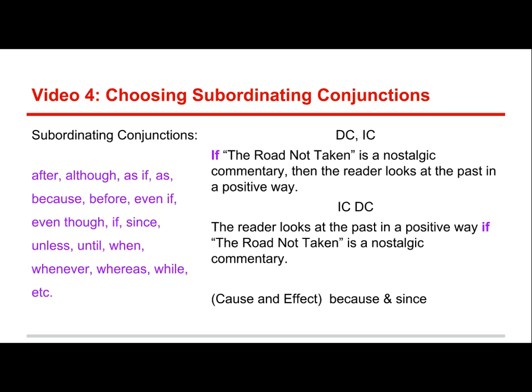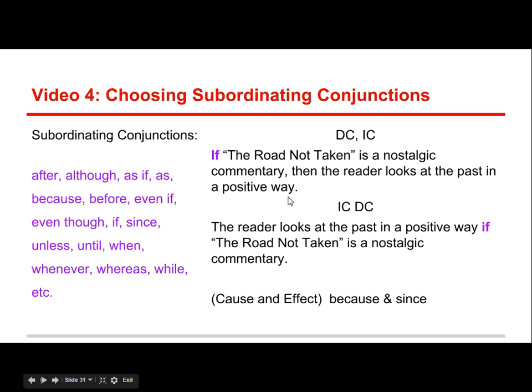Now, a different type of subordinating conjunction would show cause and effect. So some examples of subordinating conjunctions that do that are if, which we'll use in our examples here, because, and since. So let's look at this one. If the road not taken is a nostalgic commentary, yeah, all right, what would be the effect of that? Then the reader looks at the past in a positive way. Okay, so that is beginning with a dependent clause. It couldn't stand alone, so I added a comma here and attached it to an independent clause, which is a